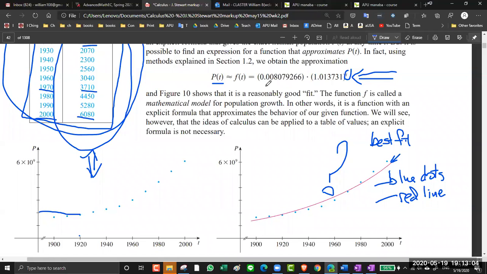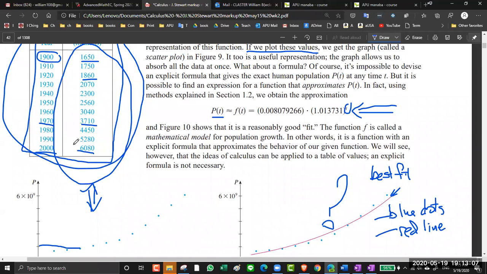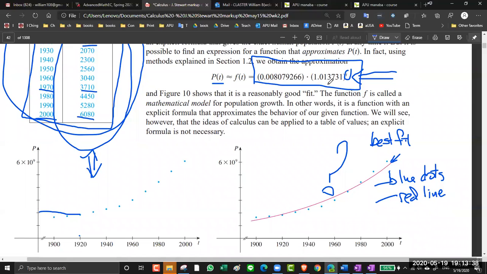But if we only use the blue dots, we have to work with this table. But if we use this model, we can work with a formula. So if you're satisfied with just working with the table, you can just use the table. But if you want to be able to work with a formula, then you're going to approximate the blue dots with a formula, like with this red line. So this red line is this formula, and even though it's just an approximation, it's useful because, if I want to know what it's going to be in 2030,